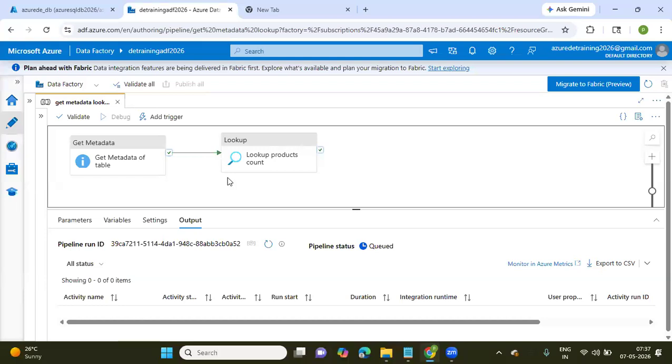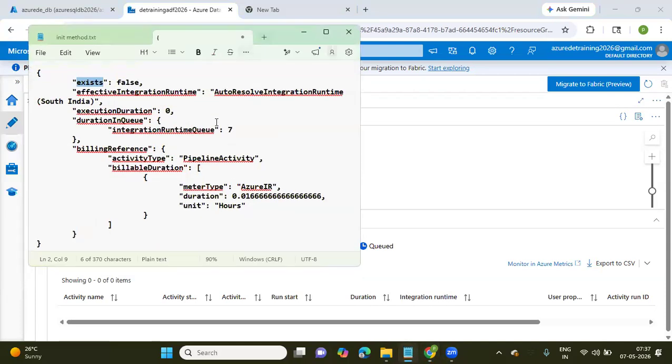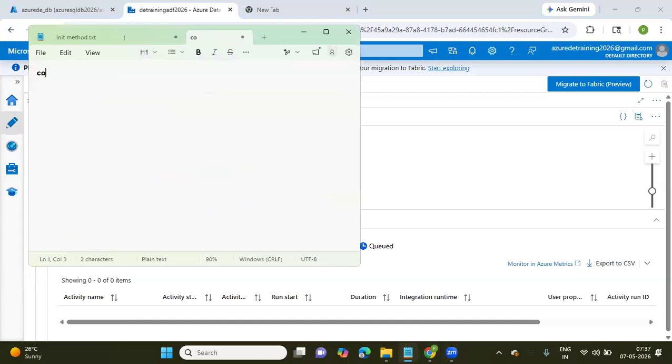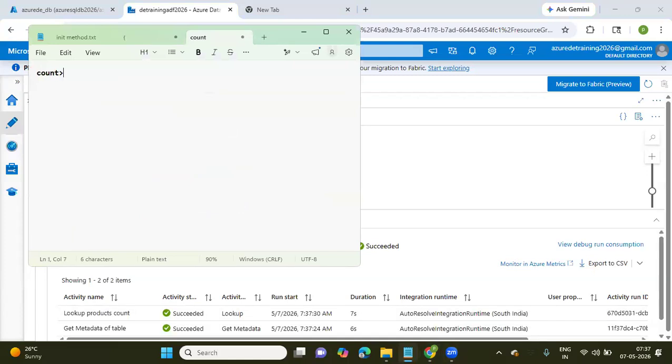Okay, meanwhile, let us see. I think the products table has around 10,000 rows. Let's decide what to do. If the count is greater than 5,000, okay, let's say I want to load into,